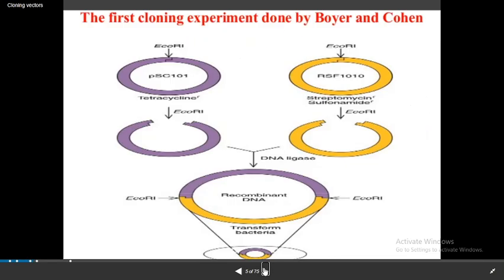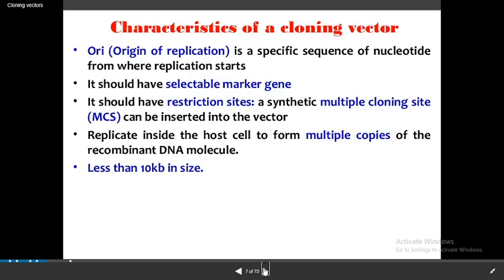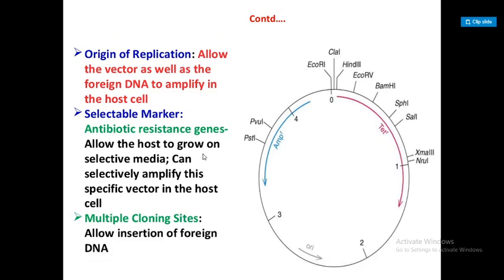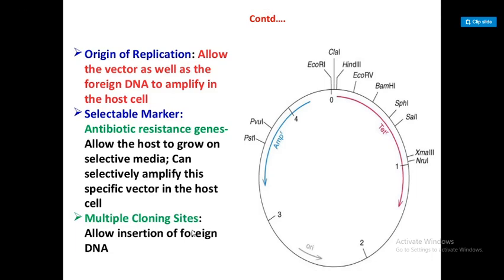There is a lot of history behind gene cloning. We know what a clone is, and we have seen a lot of clones. We know what a plasmid is. These are the different regions seen in a plasmid: the origin of replication, and a selectable marker, that is, antibiotic resistance genes, ampicillin resistance and tetracycline resistance. Then there is also a multiple cloning site, where you can add a lot of foreign DNA.